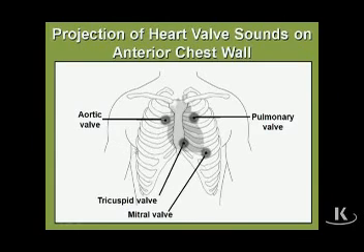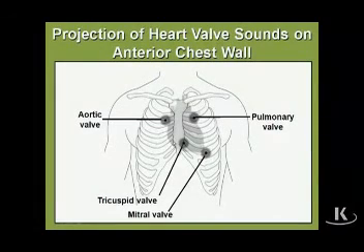normal auscultation points. Let's start with the tricuspid valve, the normal S1 of the tricuspid valve, the closure of the tricuspid valve. We know that the tricuspid valve is between the right atrium and the right ventricle, which means the blood is flowing to the right ventricle. So we're going to hear that sound best by putting our stethoscope over the right ventricle. We've said that this region that I'm outlining here is the right ventricle. Well, we're certainly not going to put our stethoscope on the sternum. We don't want the bone in the way, so we're going to put it over an intercostal space